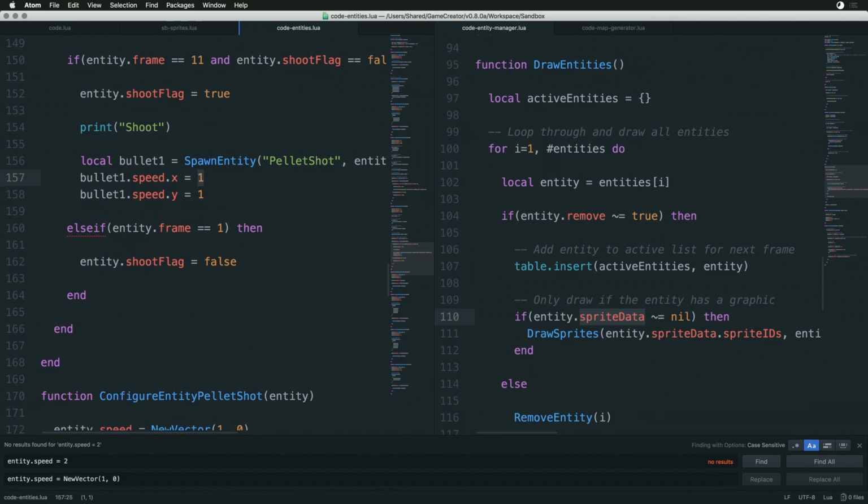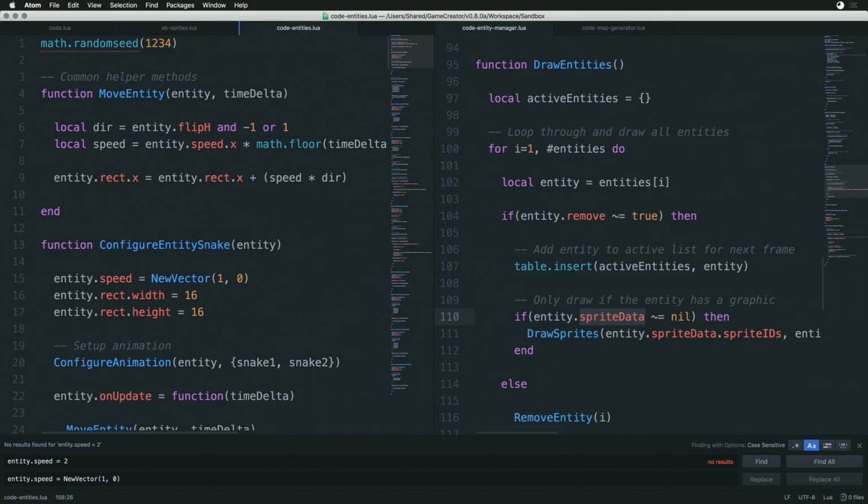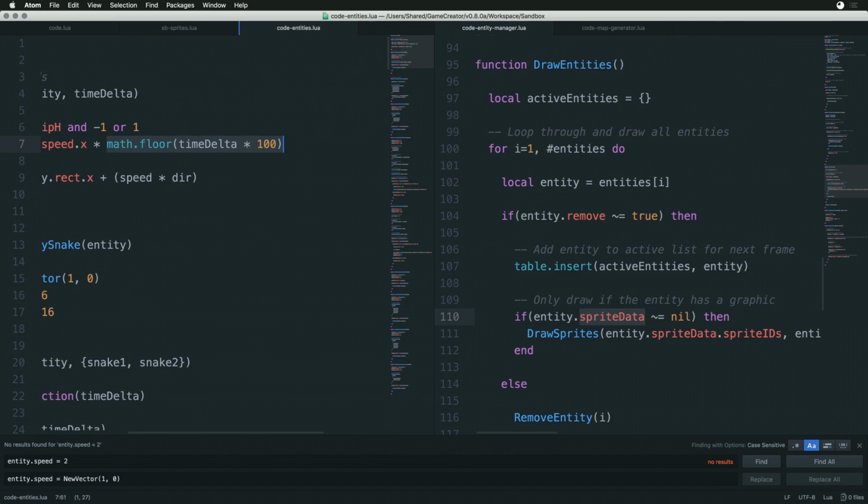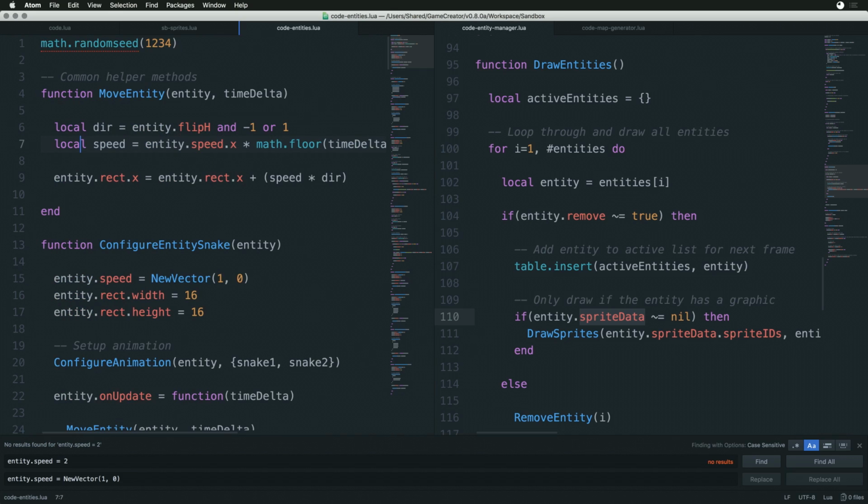Actually, no, we want the x to be, the first shot we wanted to go straight up. So it's not going to move along the x-axis. It's only going to move along the y-axis. This is where it starts getting a little bit weird. So we're going to call this speed x. No, what we need is... we don't want to calculate this every frame. So we want to convert the